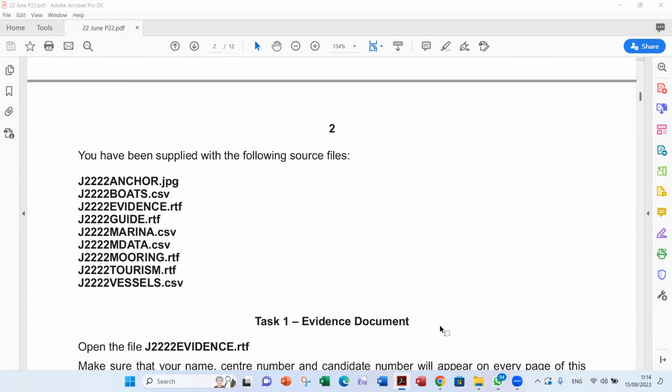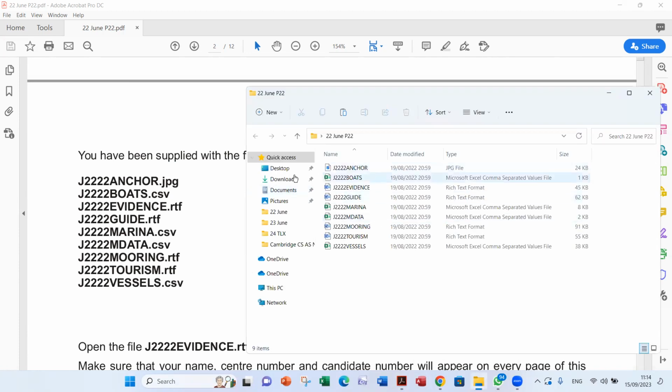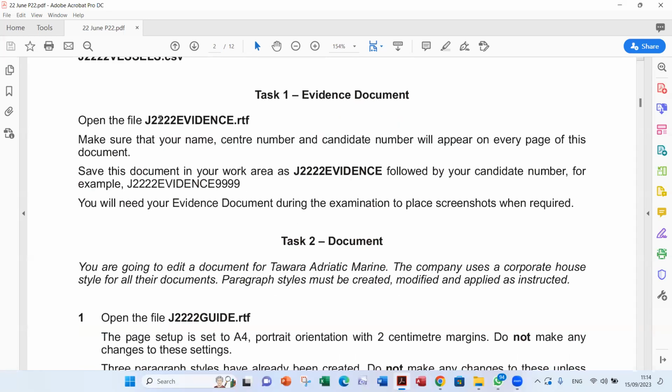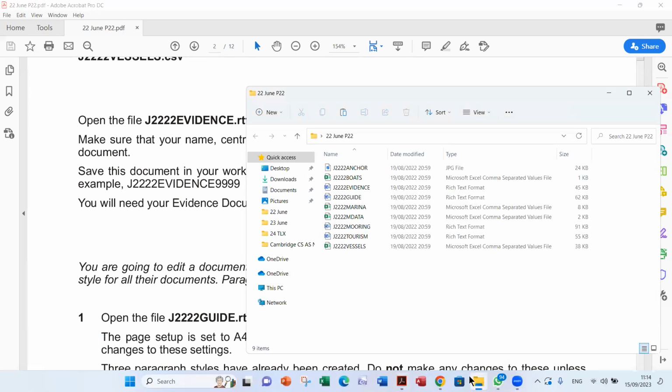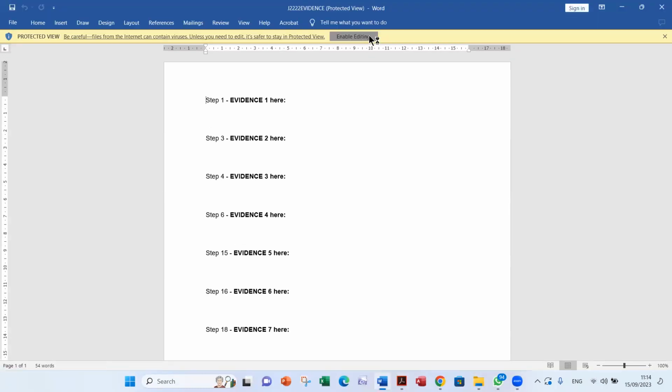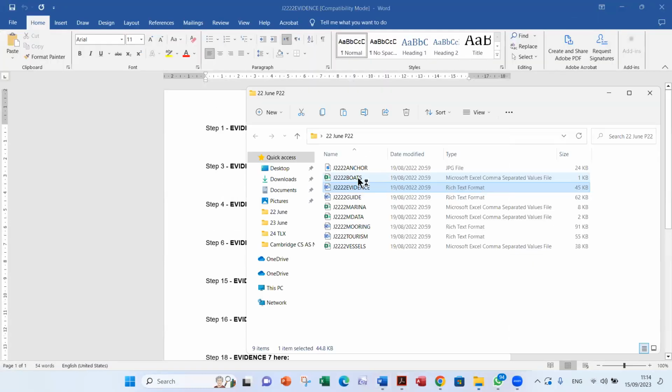Okay, so you have been supplied with the following source files. These are the source files. So I have the files on the computer. Open task 1 evidence. Open the file J2222 evidence.rtf. This is the evidence file. Enable editing, and then